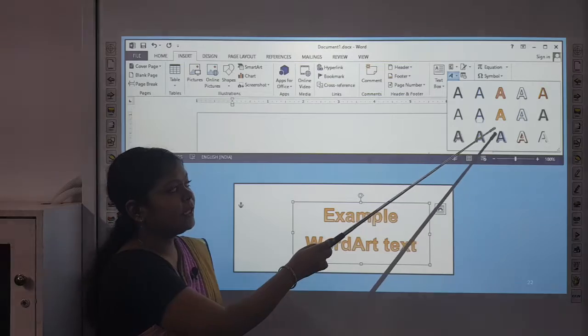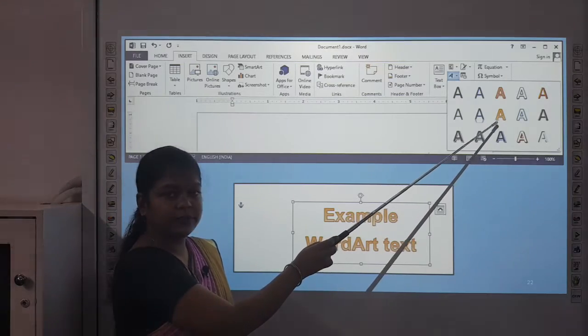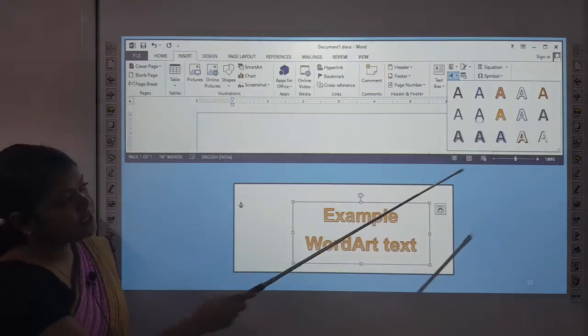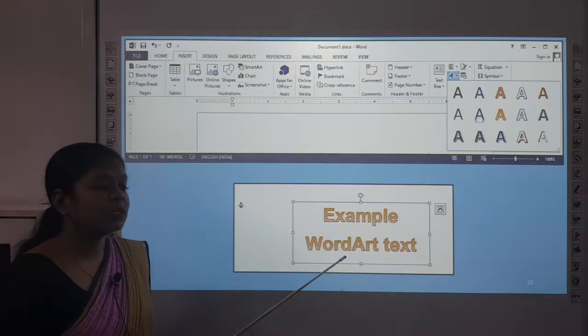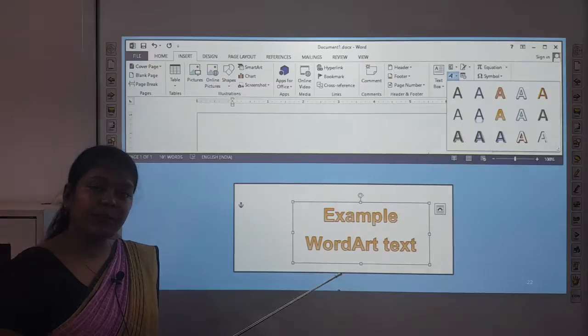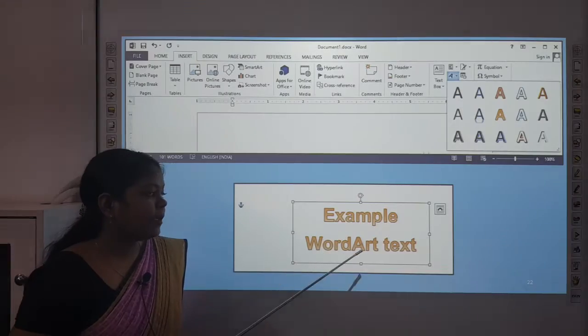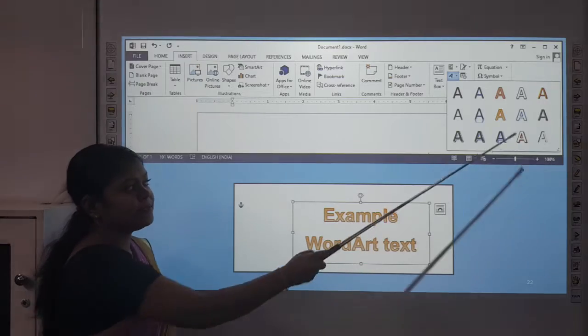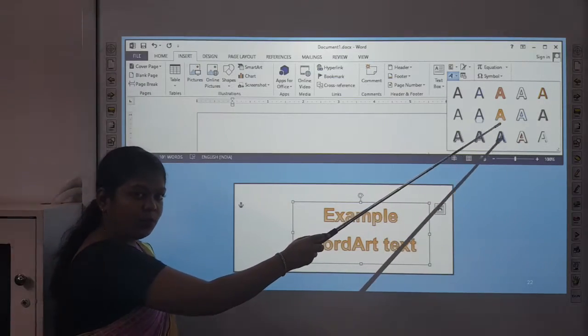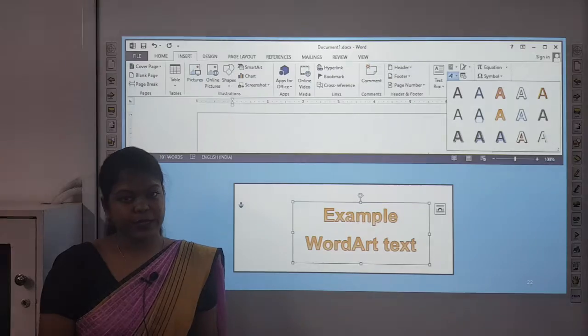I have selected this WordArt style. When I select this WordArt style, you can see this text box is inserted in my document: "Example WordArt text." And you can see this WordArt style is the same as this WordArt style. Now we will move to our next topic,